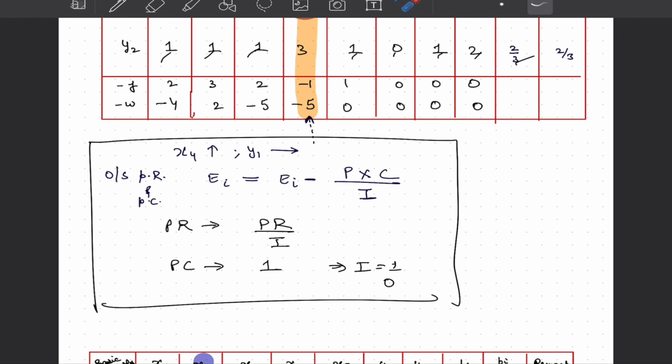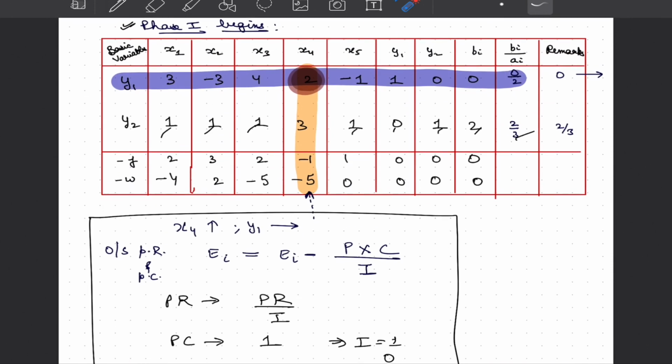In this case, you clearly see that our entry variable would be the one which has the highest negative coefficient. As I have mentioned, we are dealing with the problem of minima. So we will select this minus 5 as the entry variable. There is a tie between x3 and x4, and we can break this tie arbitrarily. So if this goes in, our column with x4 becomes our pivot column, and then we will take the ratio of b with the elements in the pivot column.